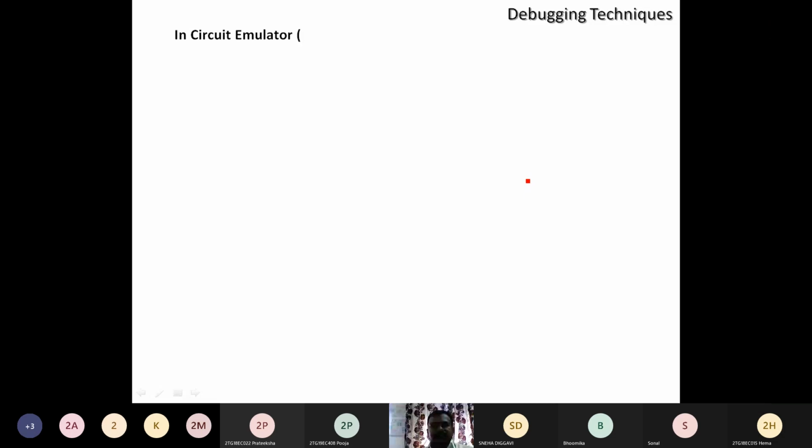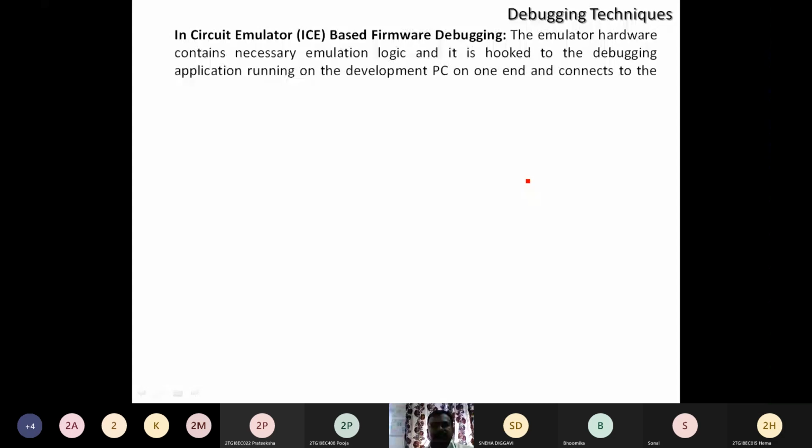Then another debugging technique is ICE, the in-circuit emulator-based firmware debugging. The emulator hardware contains the necessary emulation logic and it is hooked into the debugging application running on the development PC on one end and connects to the target board through some interface on the other end. So this is one of the techniques where we use the in-circuit emulator.